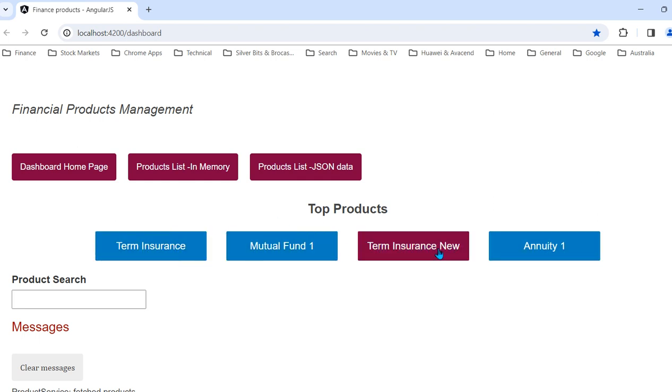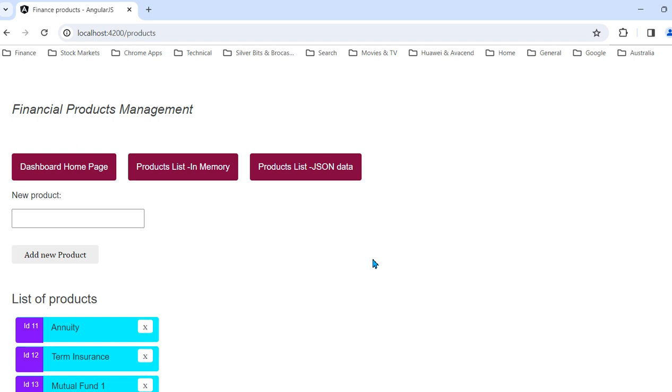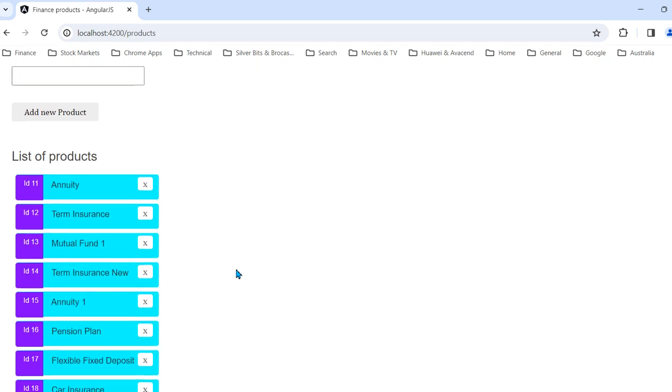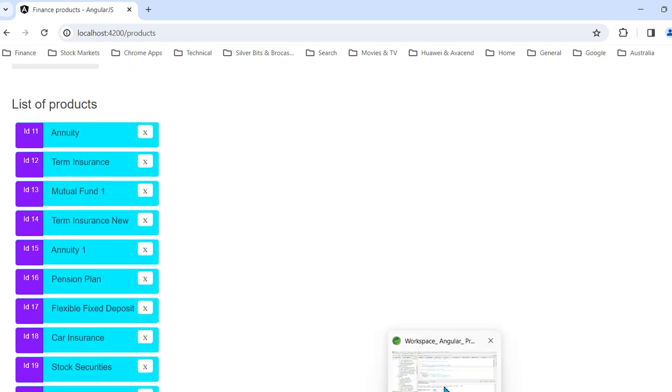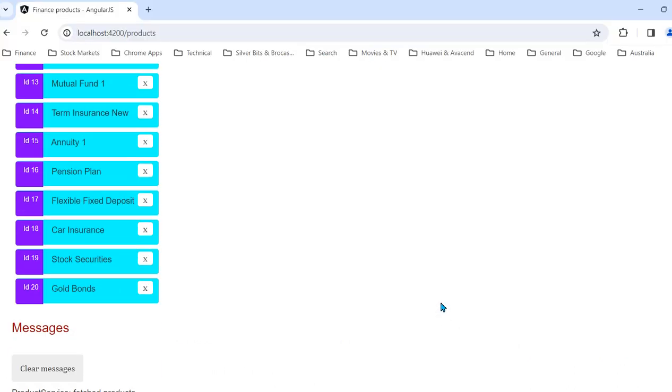These are the four top products which we can show here. And we have two tabs here, product list in memory and product list JSON data. Product list in memory is basically using an Angular service named product in memory DB service, where we can have a constant array of data using the HTTP client module, so this data we are getting from an in-memory database service, and we can also generate an ID with the highest